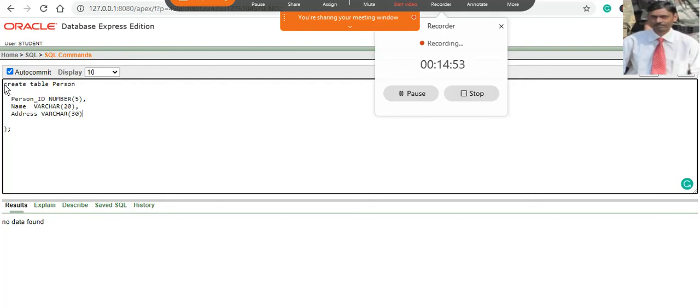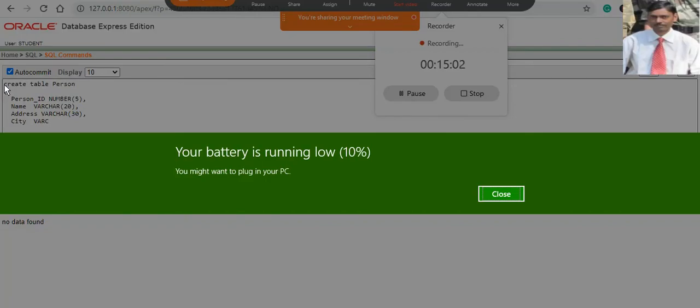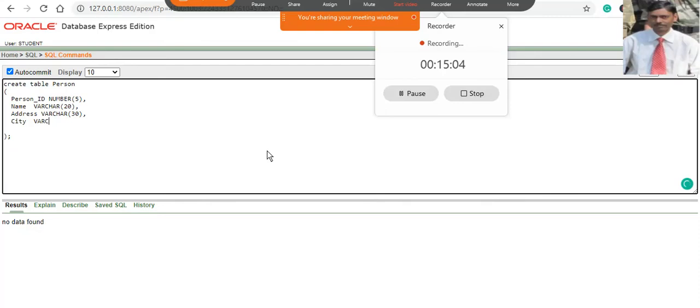Okay, after address there is city. If you want to add a city attribute, you can write city varchar 10. Okay, if you want to add any more attribute, you can add it.